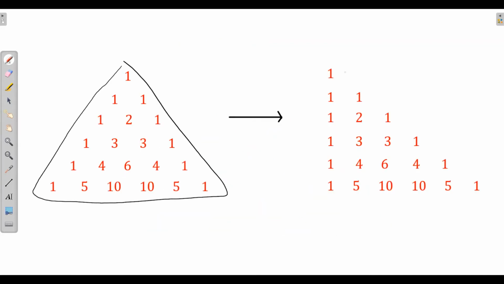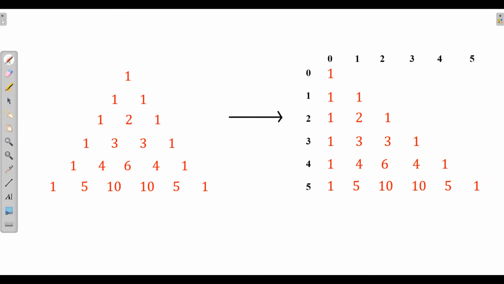So as to write a program, we will shift the numbers to the left side. So that this is 1, we will get at left side 1, then 1, 1, as here it will be written. Now what I'll do, I'll define the rows and the columns.